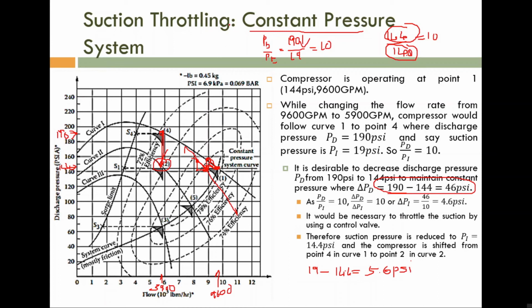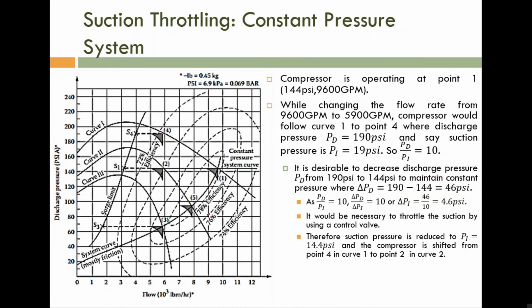So please note this operating point 4 is a virtual one. Actually the compressor will not go to this point. Before that the curve will shift to curve 2. So from this operating point the operating condition is shifted directly to this particular one. So first, consider these two entirely different operating conditions. This is operating condition 1, this is operating condition 2, this one is the current operating condition, this one is a new operating condition. After reducing the suction pressure, this one is the new operating condition.